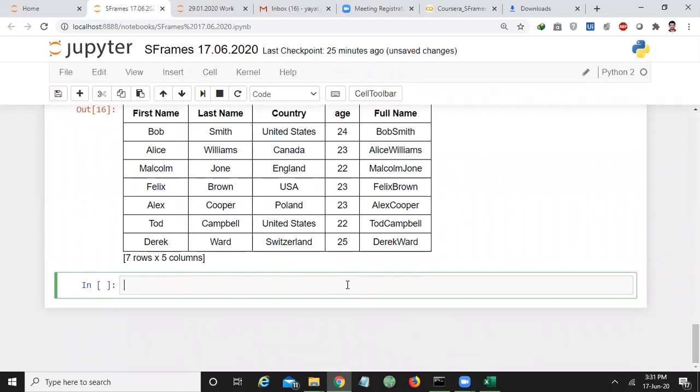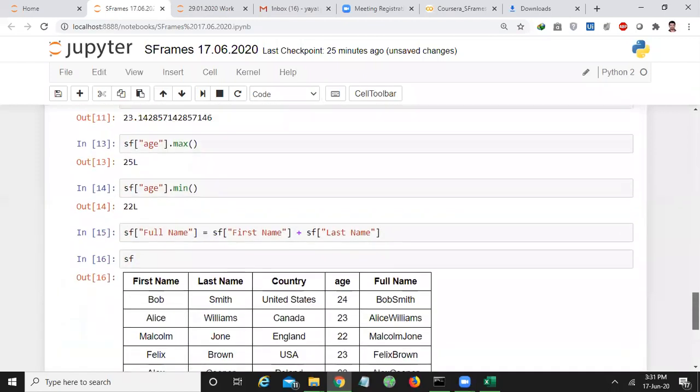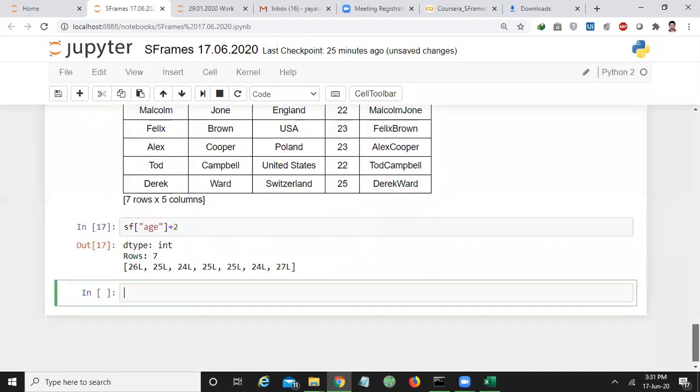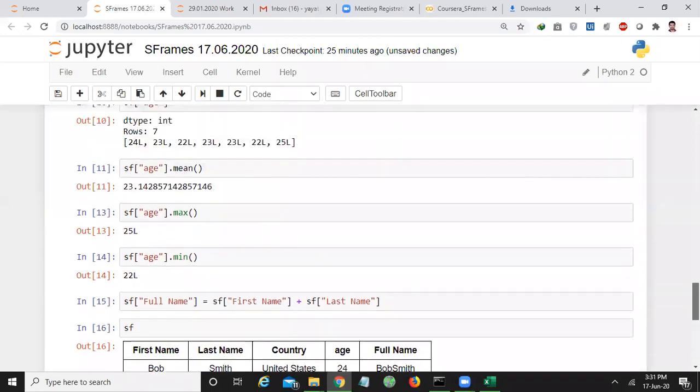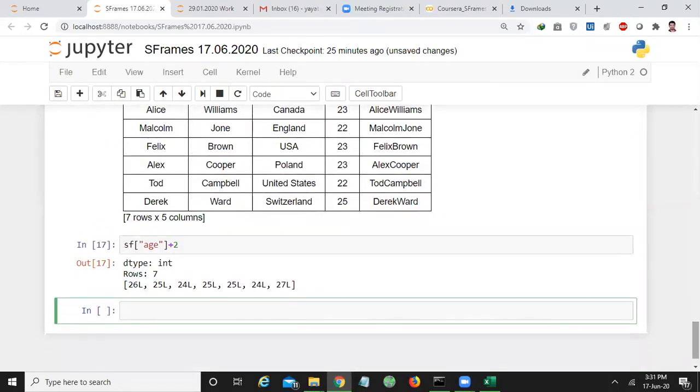Let us see one more here. For example, I want to add 2 to every age of the person. So it becomes like this. 24 becomes 26, 23 becomes 25, 24, again 22 becomes 24, 23 becomes 25.